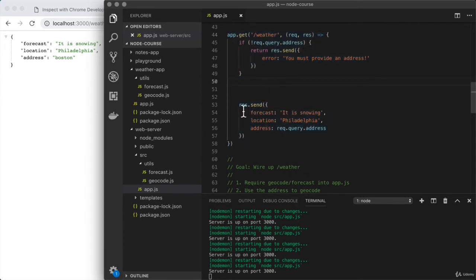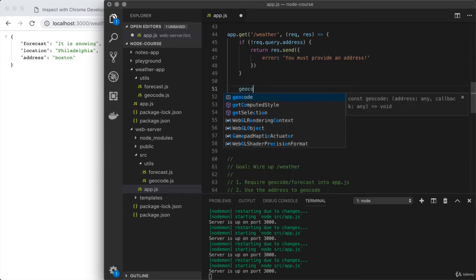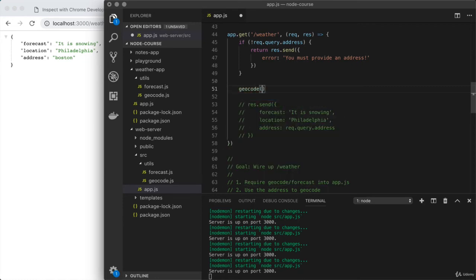For the moment, I'm going to comment out our old call to response.send. I'm going to leave it in place just so we can remember which properties we're supposed to send back, though I'll actually recreate it when I write my code for steps 2 and 3. Step 2 is to use the address to geocode, so right here we are going to call the geocode function, and I am going to pass the address in,